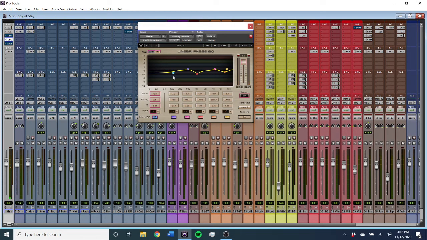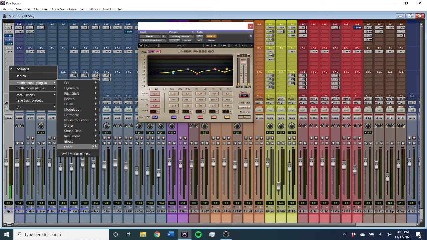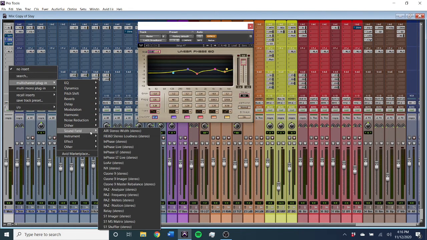So one way to combat that, first of all, is with a frequency meter. So if I mute this and I play back my mix through a meter,